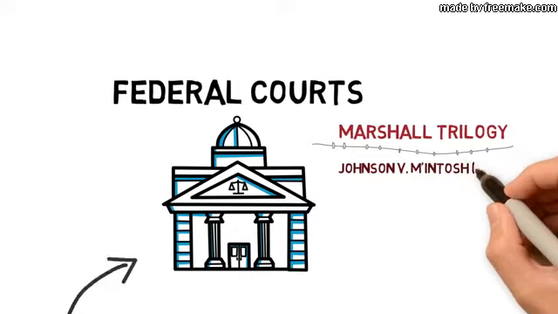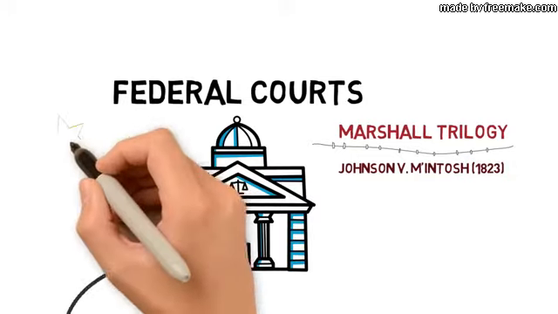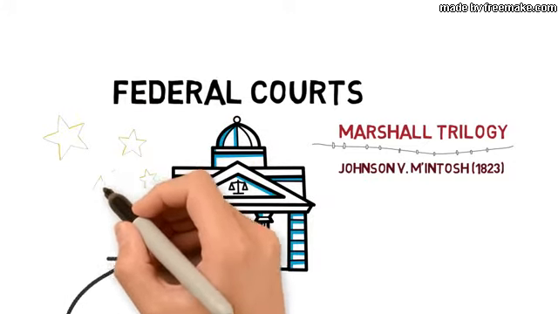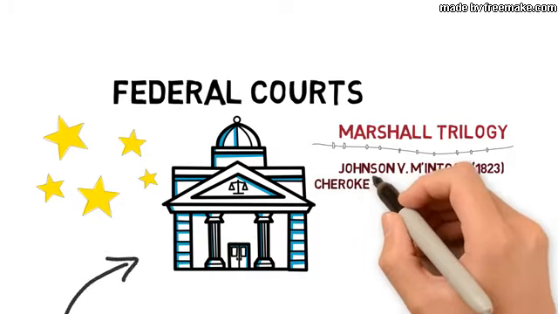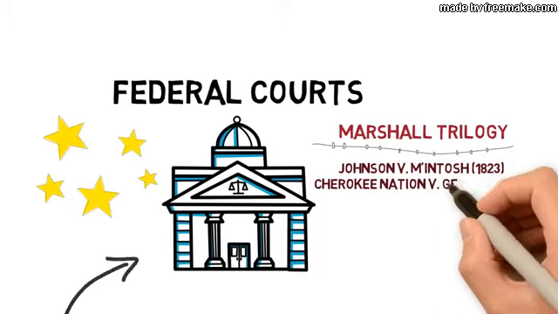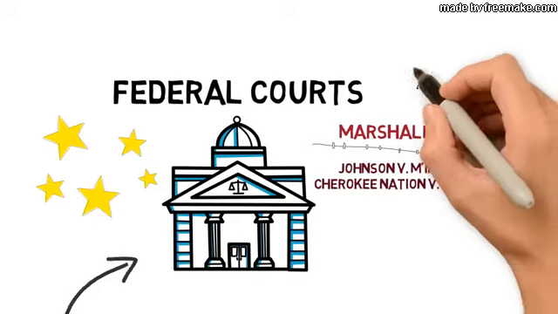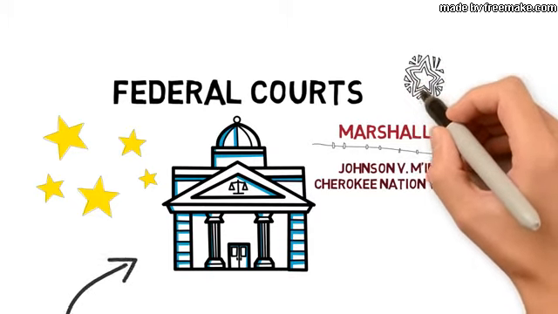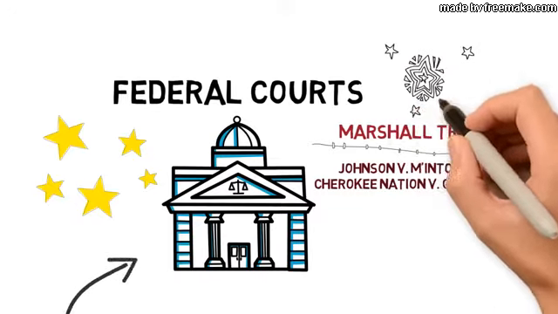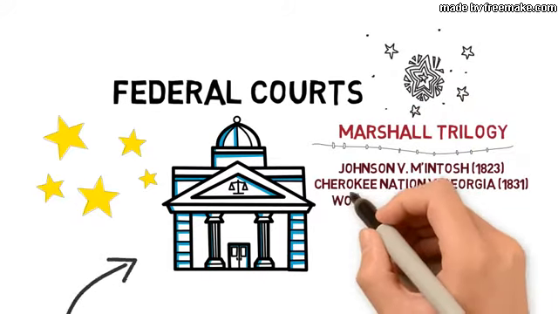Johnson v. McIntosh in 1823 found private citizens could not purchase lands from Native Americans, distinguishing tribal lands as separate and distinct. Cherokee Nation v. Georgia in 1831 upheld the Cherokee Nation's independence from the United States only insofar as to be like a ward to its guardian. This distinction established tribes as domestic dependent nations. In other words, sovereign nations that had indigenous rights that U.S. states do not have, but which are still subjected to the ultimate authority of the federal government in many ways.